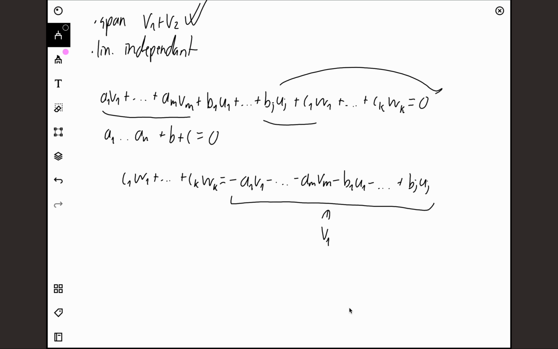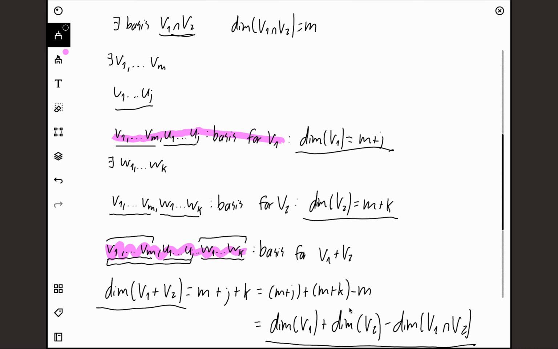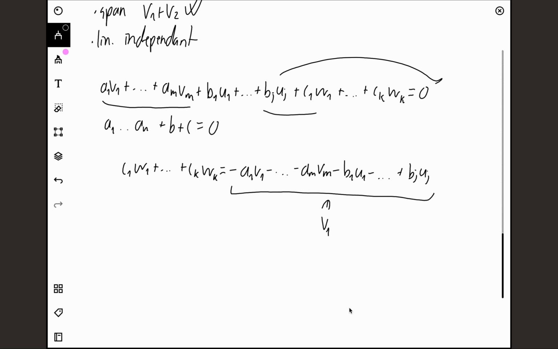But we also know that w1 to wk, these vectors fulfilled our basis for V2. So we know that v1 to vm are a basis for V1 intersect V2, and we added the w1 to wk vectors to fill it out to a basis for V2. So we know that all of these vectors w1 to wk have to be in V2, because we used them to fulfill the basis for V2. So what we basically know is that this vector has to be an element of V2, because it's just the